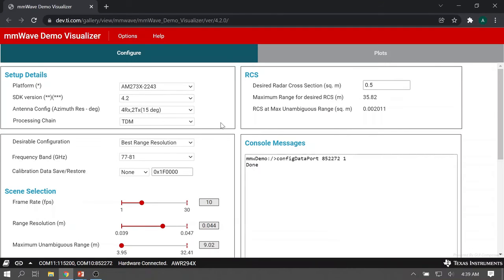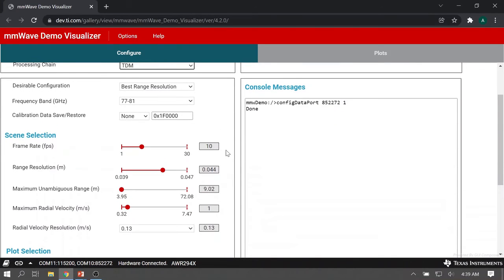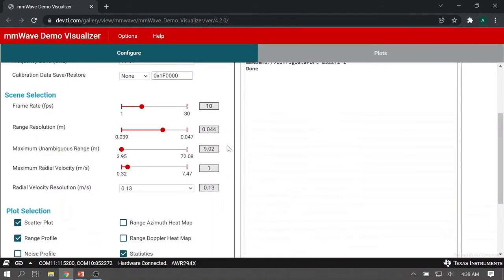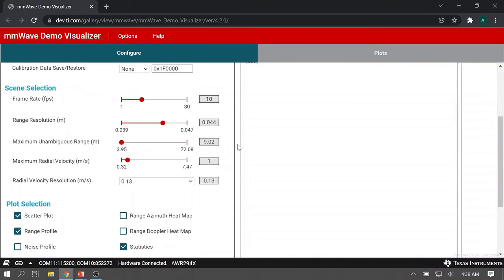Now I can start experimenting with the different configurations available. Firstly, I have to select the platform being used and the SDK, which is 4.2. The processing chain is TDM, and then if I scroll down further, these are the high-level configurations offered by the demo visualizer.